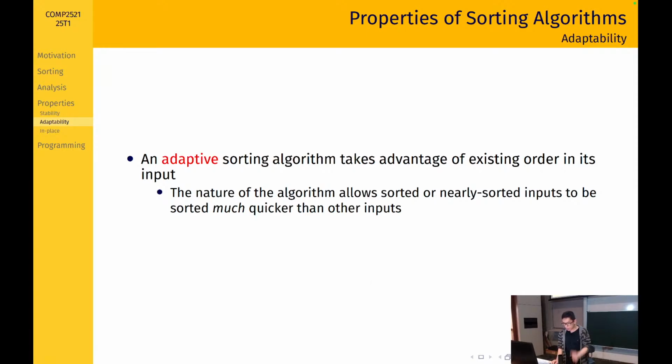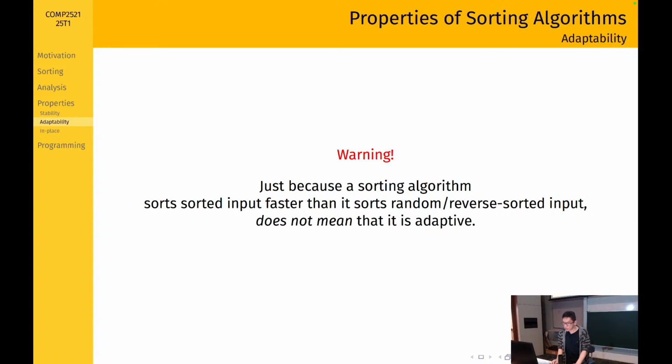Okay, and one thing to be careful of is that just because a sorting algorithm sorts sorted input faster than it sorts random or reverse inputs, doesn't mean that it's adaptive. For example, suppose your sorting algorithm sorts sorted inputs about 50% faster than reverse sorted input. That doesn't necessarily mean that it's adaptive. What we need is for the algorithm to be much more efficient. So not just a constant multiple, but we expect the sorting algorithm to have a better time complexity when sorting